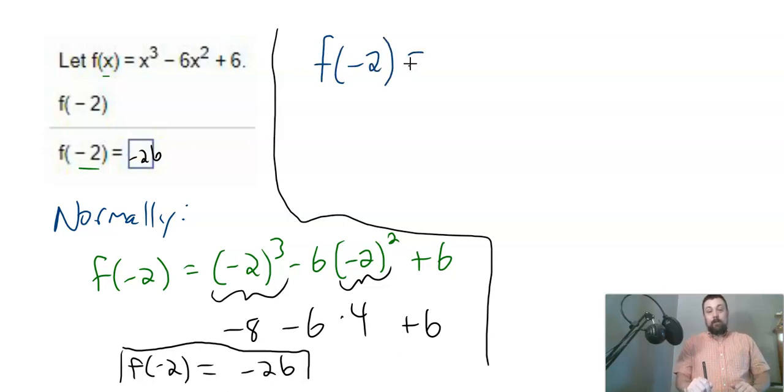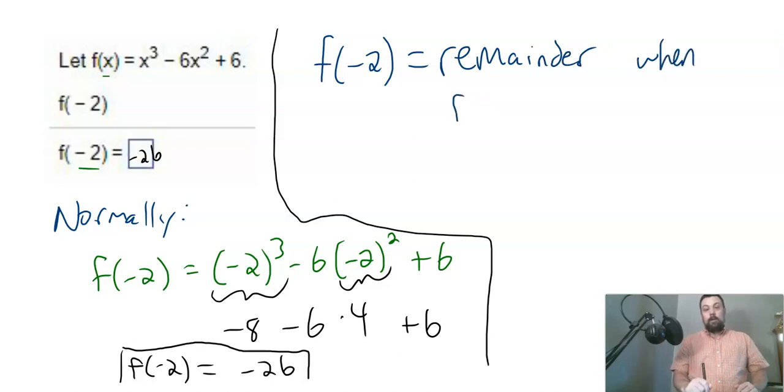So the remainder theorem tells me I have another way of figuring out what this answer should be. It's the remainder. That's what R is in the remainder theorem. It's the remainder when the polynomial, which in this case we're calling f of x, but in the remainder theorem we call it p of x, when f of x is divided by